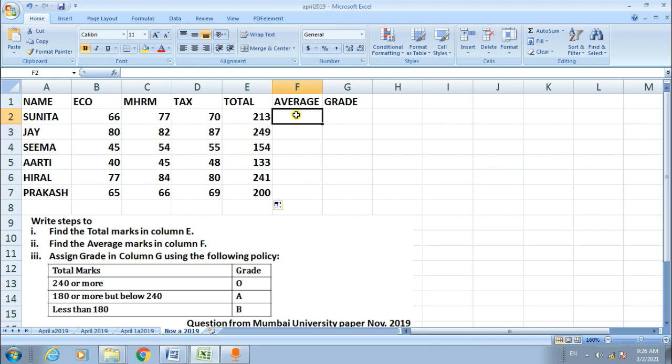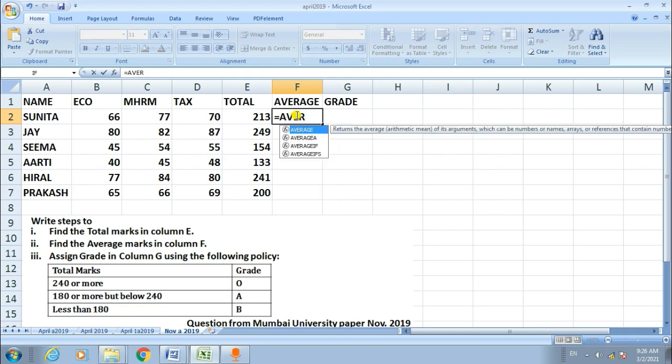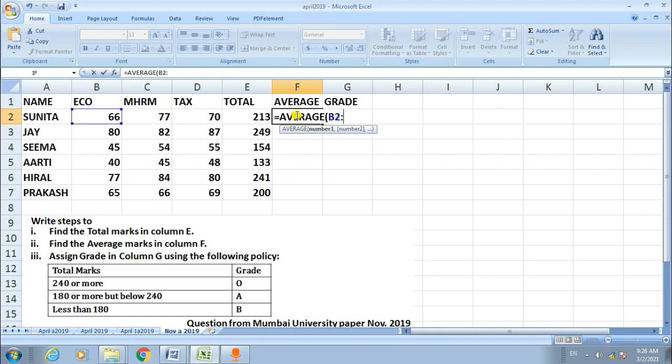Therefore, select cell F2 and type the formula: equal to AVERAGE, round bracket, B2 colon D2, bracket close. Now press enter, you get the average. See, the average of these three subjects is 71.